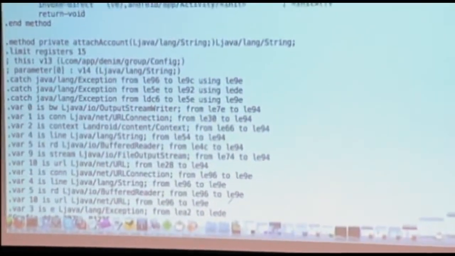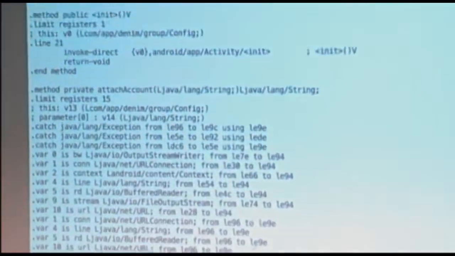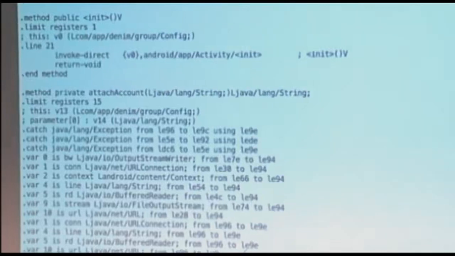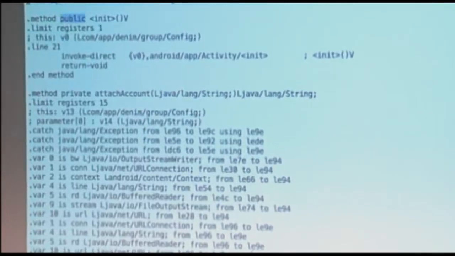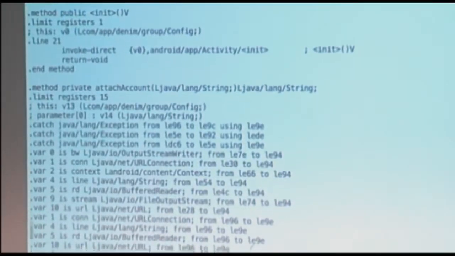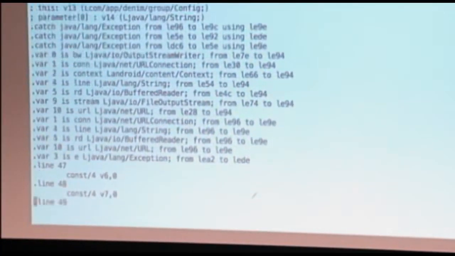What the superclass is, you can find the member fields that it's got, and then you can go in and find the different methods. Here's the no-arg constructor, where it calls its superclass. We've got a private method here, attach account.